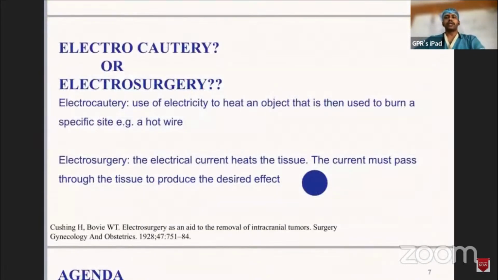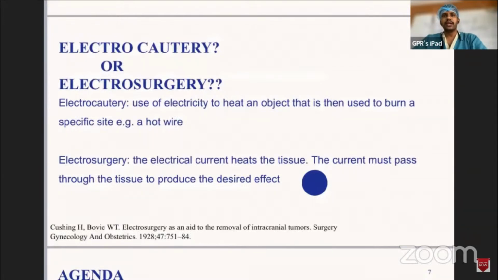So coming to electrocautery or electrosurgery, the first existing electrocautery machine was designed by a biophysicist named William Bovie. He gave this concept of the electrosurgery unit, based on the principle of Arsonval, stating that when a high frequency radio frequency current is passed through the tissue, it fails to produce any amount of neurostimulation or muscular stimulation.